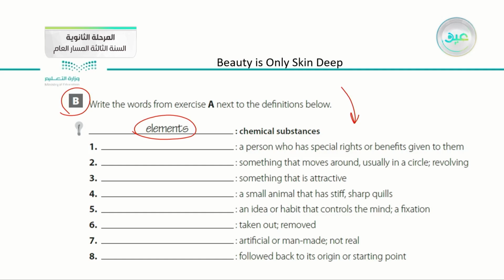Now let's start with the answers of the last part of our lesson today. The first one, a person who has special rights or benefits given to him, is a privileged person. Number 2, rotating is something that moves around, usually in a circle, revolving. Number 3, appealing is something that is attractive. Number 4,